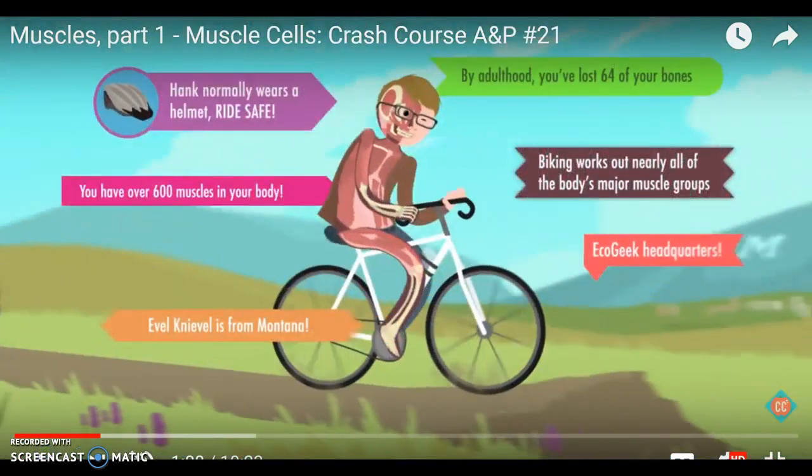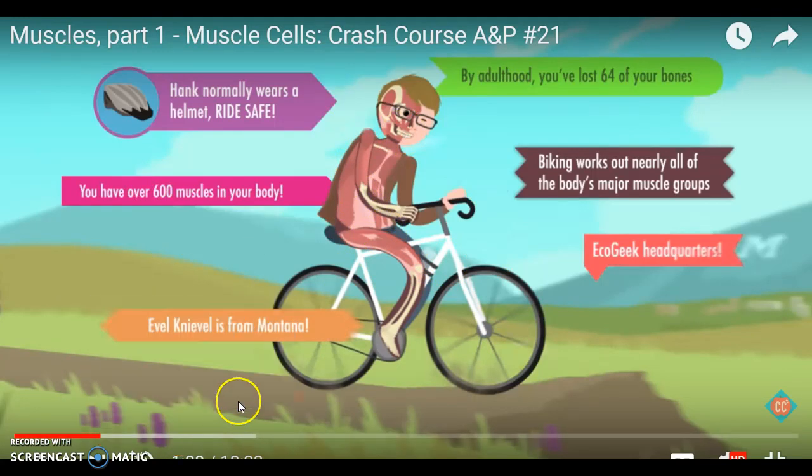You can see all the cells of our body, and particularly our muscle cells. We have over 600 muscles in our body, and they're going to work. Every cell of your body needs that energy. So when those fat cells release it, it goes to power a lot of our muscle cells so they can do the work, like riding a bike, right?